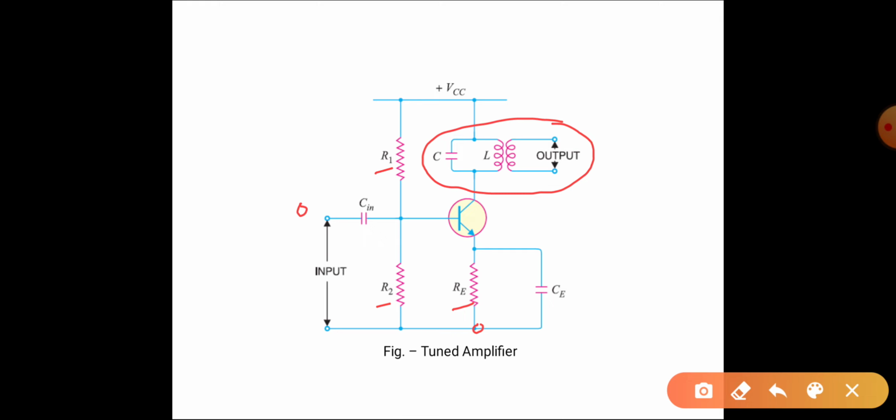So keep it in your mind that for a tuned circuit, the impedance is very high at a particular frequency, otherwise the impedance is very small. And when the impedance is very high, that means the collector load is very high, then only you are getting an amplified output at the collector output. So you can get an amplified output at a selective frequency.